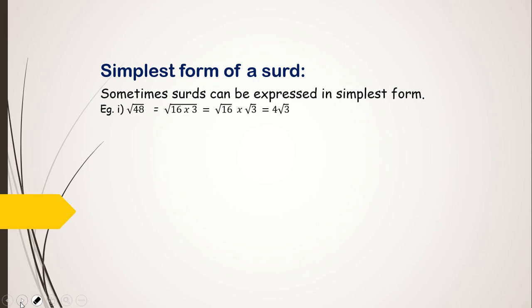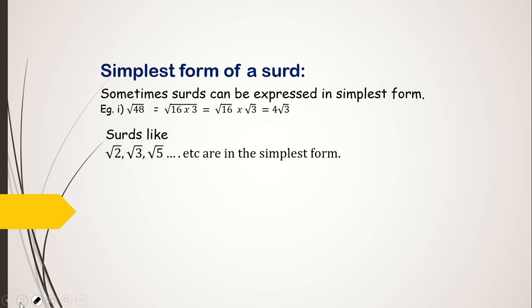Simplest form of a surd. Whenever we have a surd which we can convert into simplest form, we factorize in such a way that one number is a perfect square. Since the order of the surd is 2, we factorize so that one number is a perfect square, so that we can take the square root and the surd can be simplified. That way we have a smaller number inside the radical sign, like root 3. This is how we simplify them.